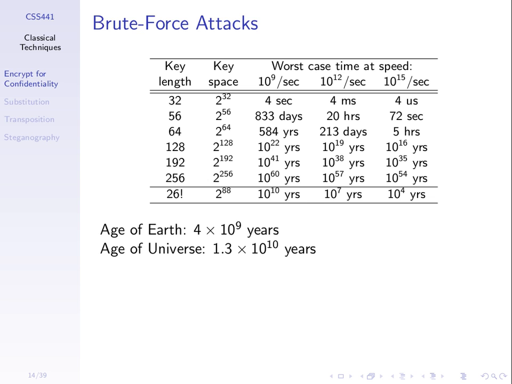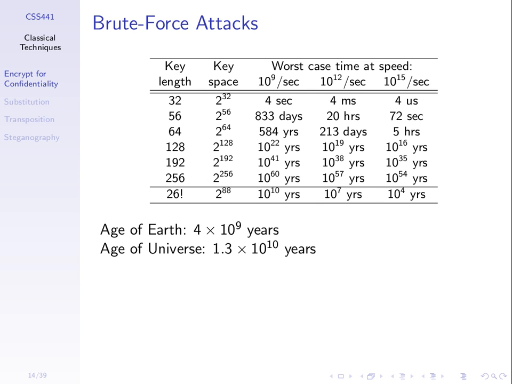So just increase the key length to defeat a brute force attack. The one at the bottom is not a key length in bits. This refers to the key space of our monoalphabetic cipher. If we have 26 factorial combinations for the monoalphabetic cipher, it would take 10,000 years in this case. If you look through the example, you see I break it in about 1 hour using frequency analysis. So brute force attack not possible, but using cryptanalysis possible.